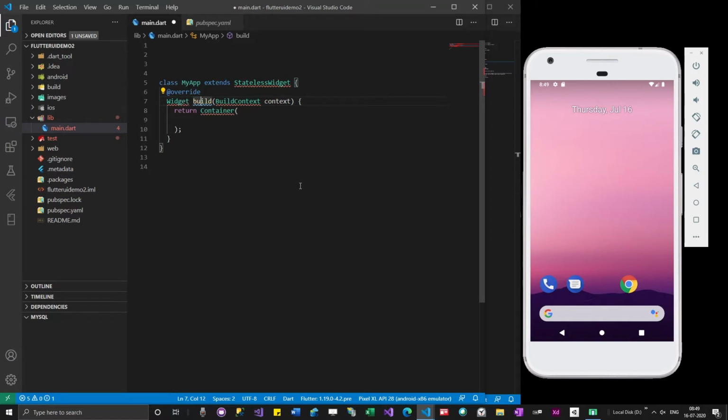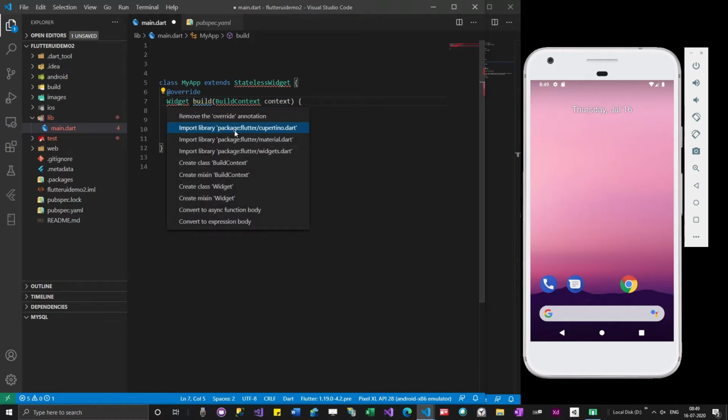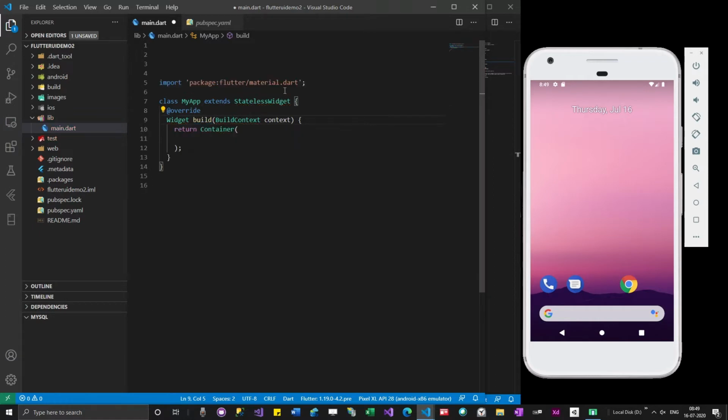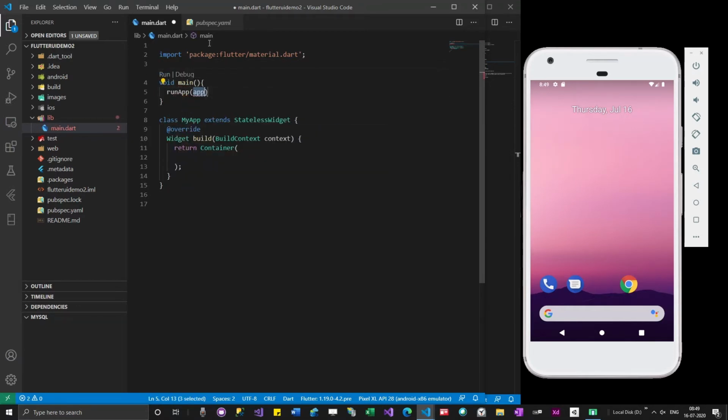If I go here and check it, it tells me to import this, and if I fix this, it gets fixed. I don't have to worry about blue lines much, but blue lines give you good suggestions to improve your coding standards. Then we have to add void main, and then runApp.